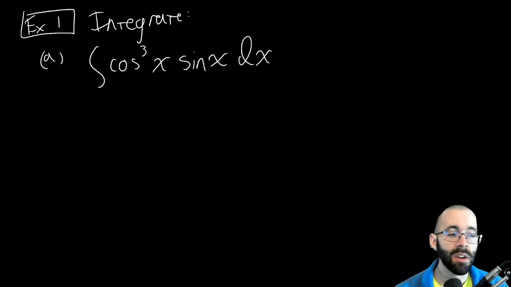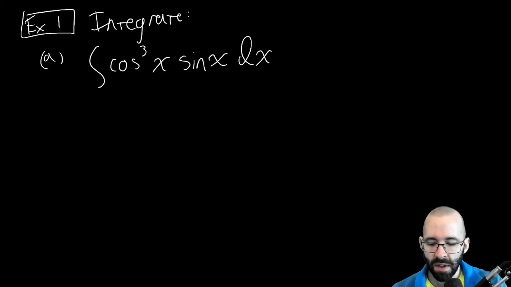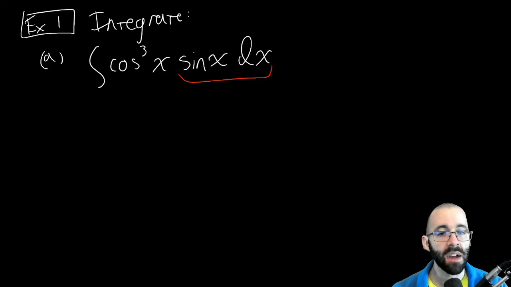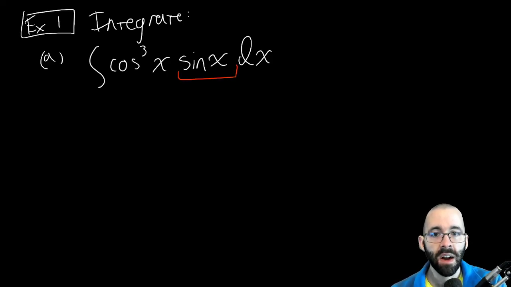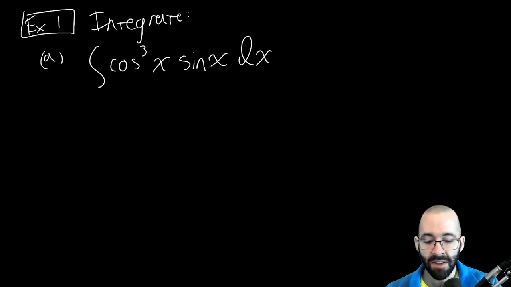U substitutions are also another thing we want to think about, because we have this sine x on the outside, and sine is the derivative of cosine. So we have a function inside of a function, and specifically, we have some kind of derivative off to the side. Those are the things that we look at for u substitutions. And in fact, that is our first method,